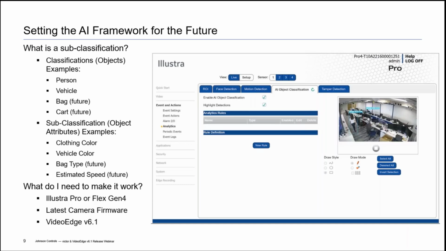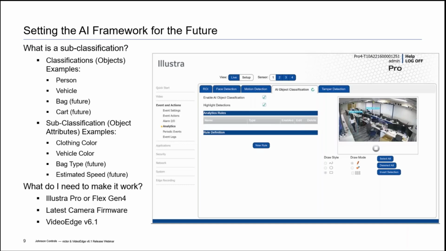From the subclassification or the attributes of those above objects, we're looking at clothing color, vehicle color, bag type, and then let's look at things like estimated speed. We can derive things like that based on the camera's lens parameters, that we track objects across the screen, assign them IDs, so we could also estimate speed. So lots of applications here, and again, the real takeaway here is now that we have this foundation, we can add to it and make a really powerful tool,